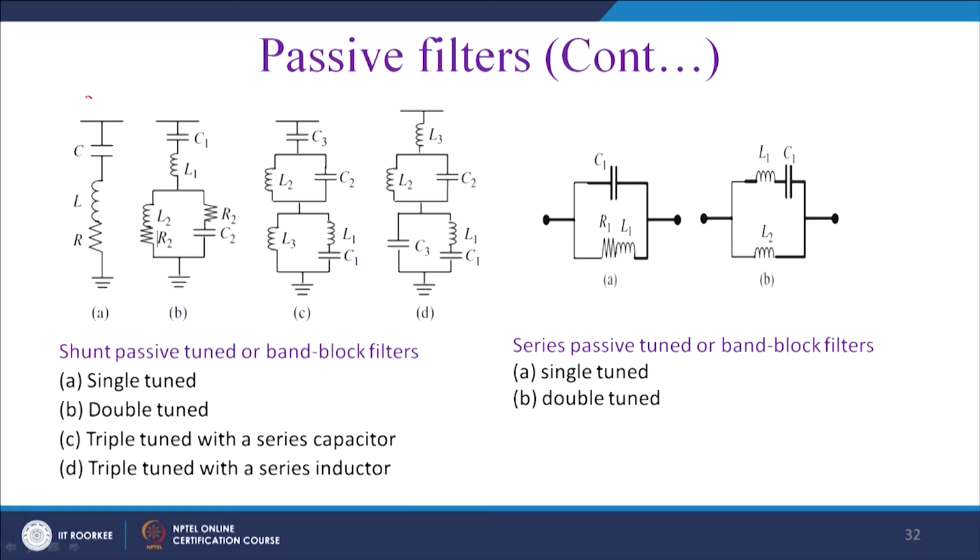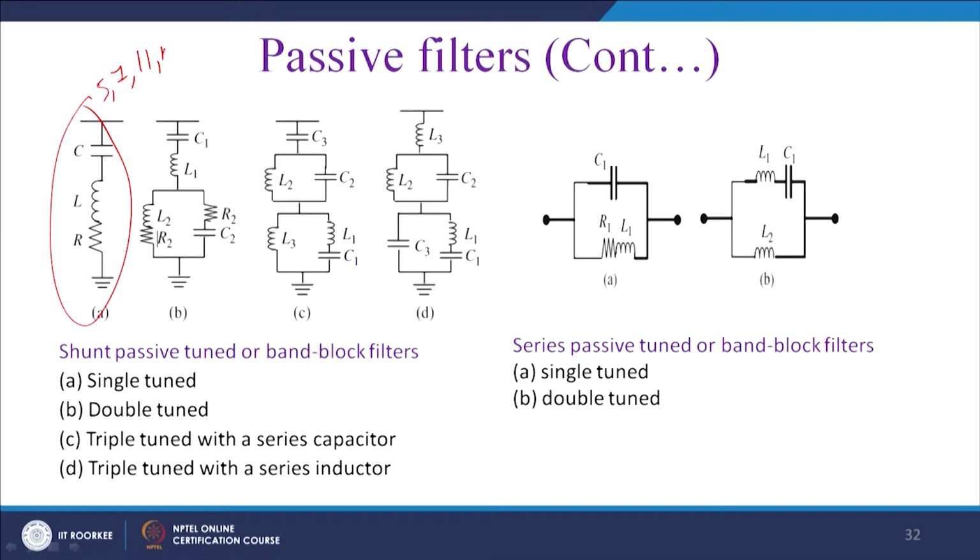So, A is a single tuned filter. Let us say you are feeding a highly inductive diode based rectifier in a 3-phase 3-wire system, so the dominant harmonics will be 5th, 7th, 11th, 13th. You can tune this filter to the 3rd, 5th or 7th harmonic. If it is a 3-phase 4-wire system, then it will be the 3rd harmonic, otherwise it will be the 5th, 7th, 11th, 13th harmonic, and you can get rid of a particular harmonic.